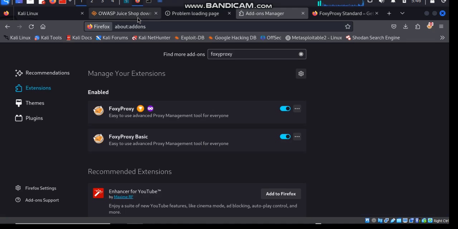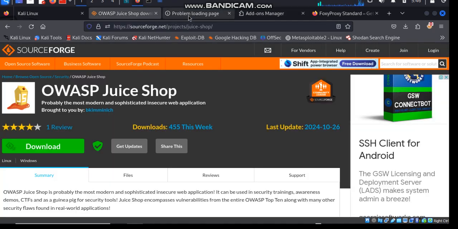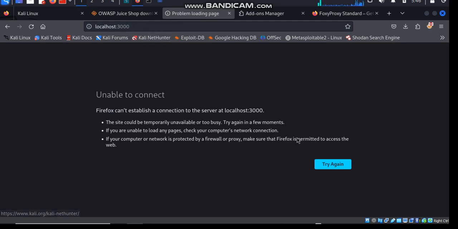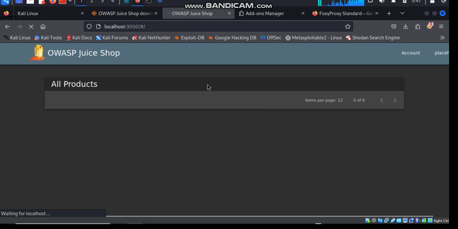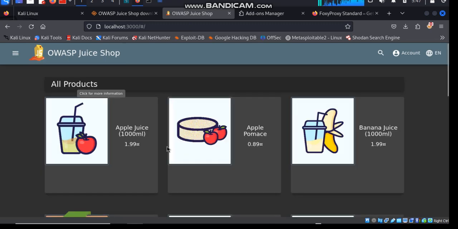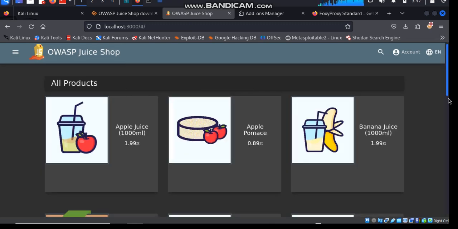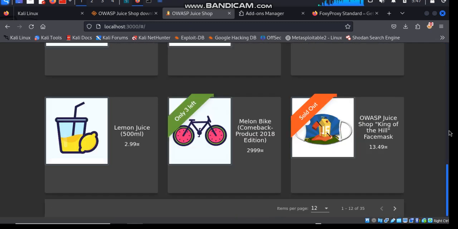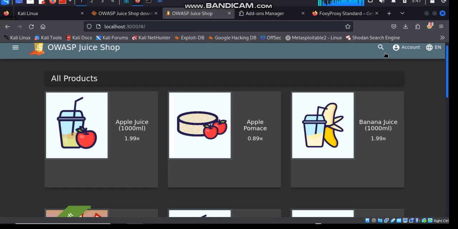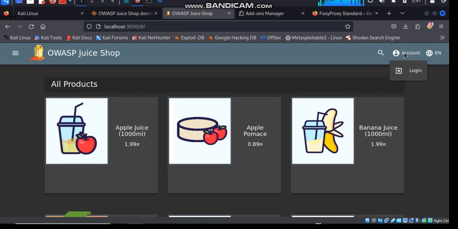Remember we went to port 3000 at first, and we didn't find anything. If we restart it now and try again, you'll find out that it will respond, and boom, our application is up. You see? OWASP Juice Shop. That's the Juice Shop we are going to be working on. It's going to be our second lab where we'll do all our penetration, hacking stuff.